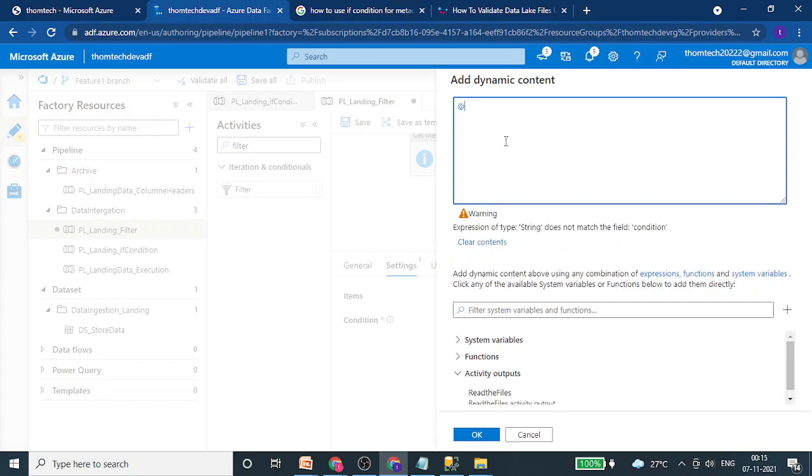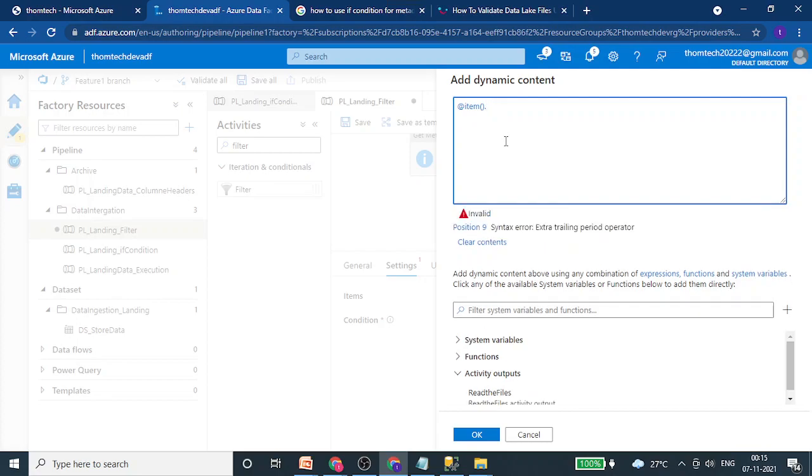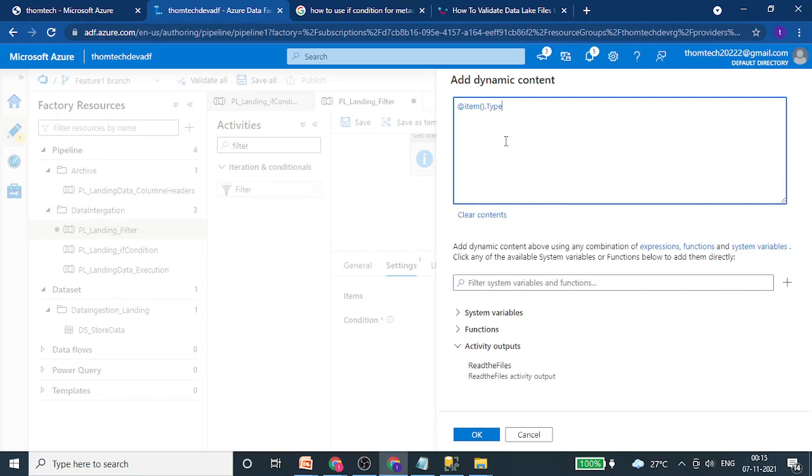So if we use this one, this property allows us to make use of file names coming from the metadata activity. But I do not need this. Instead, I will go with type, because I showed you we have a property named name and type. So I cannot take name and use it anywhere. Instead, if I take type, I have the option to check whether it is a file or a folder, right? And I will pick this as a type and I will say